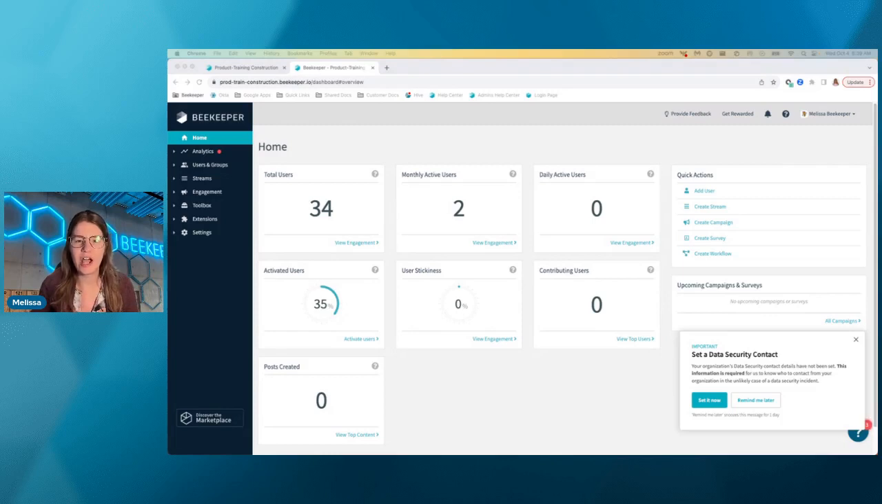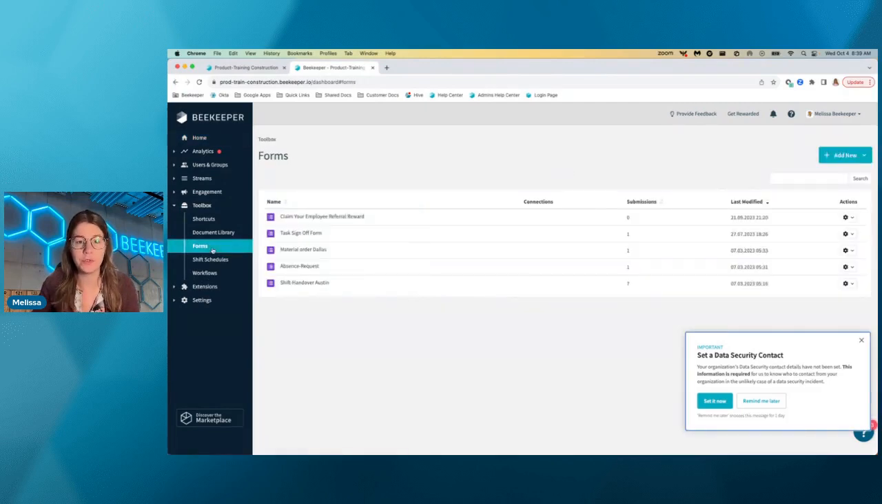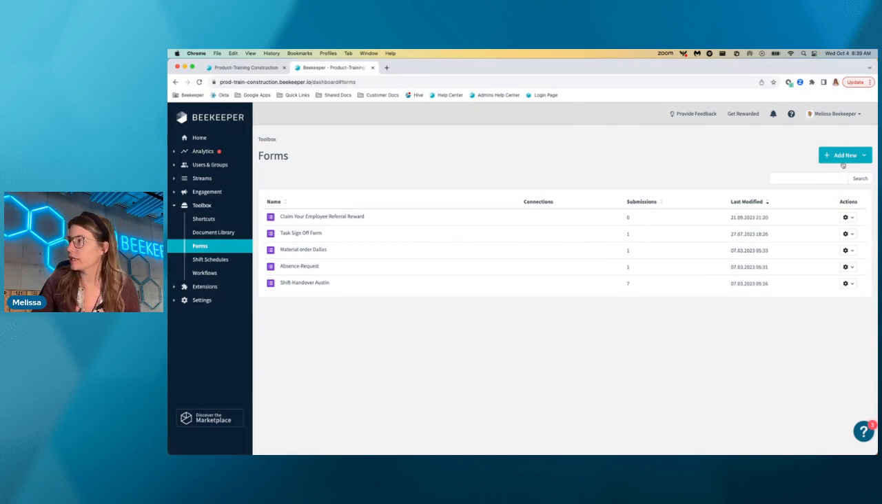Welcome to our session on forms, which are also managed here in the toolbox. Forms are a really powerful tool that can help you and your other administrators streamline and digitize processes for your workforce. To create a new form, you'll click the blue button in the top right-hand corner, and you can either